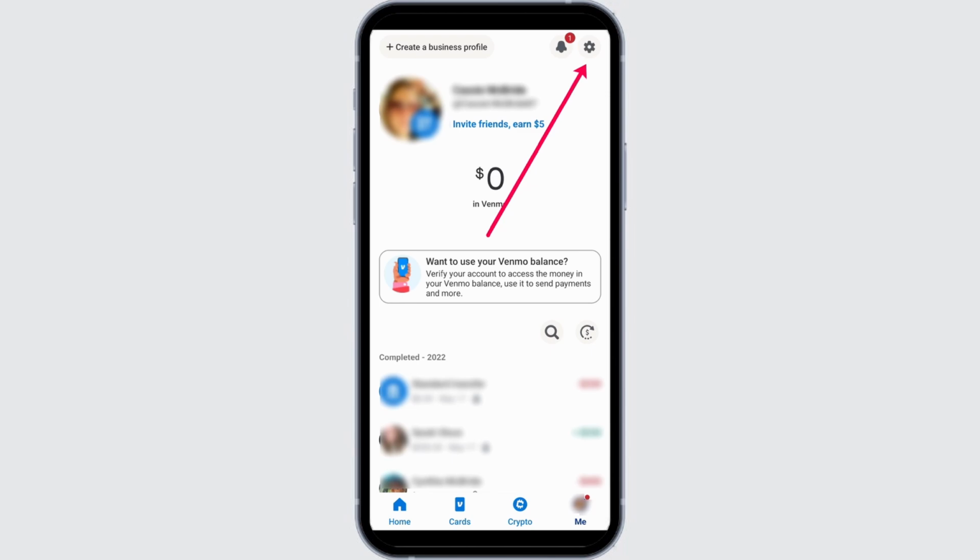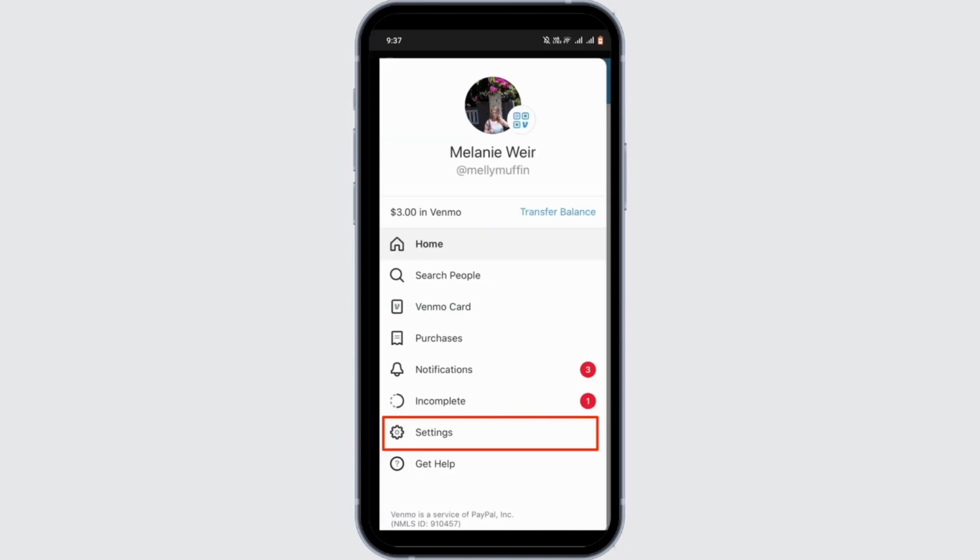To find your Venmo card number, you can go ahead and launch the Venmo application. Log in to your account. At the bottom of your Venmo application, you will see the cards option. You can select the cards option, where you'll find two of the cards, that is your Venmo credit card or Venmo debit card. You can also select the settings gear option at the very top, and from here select the